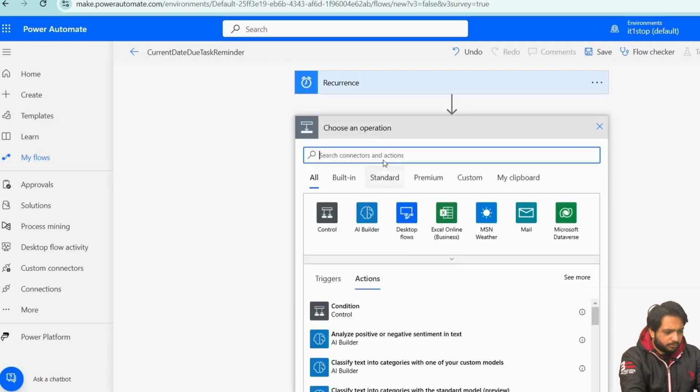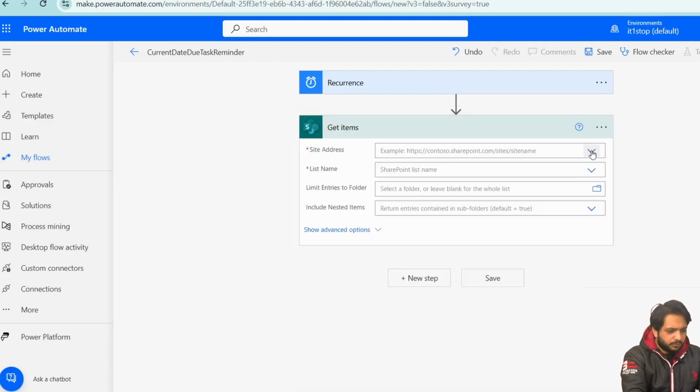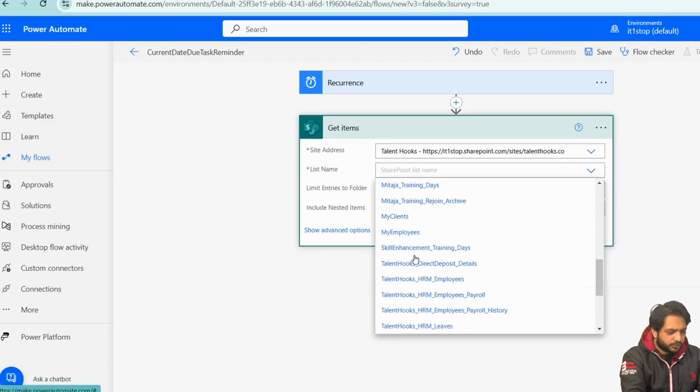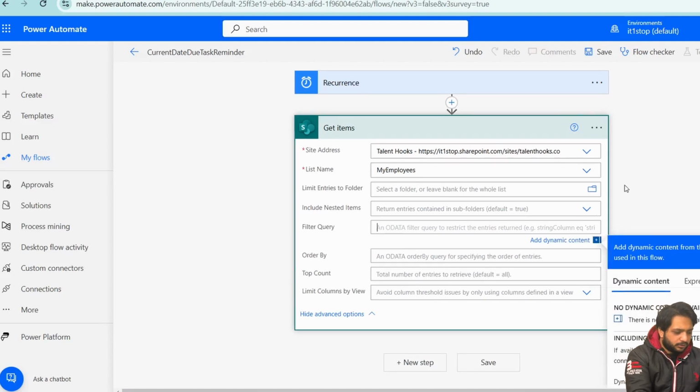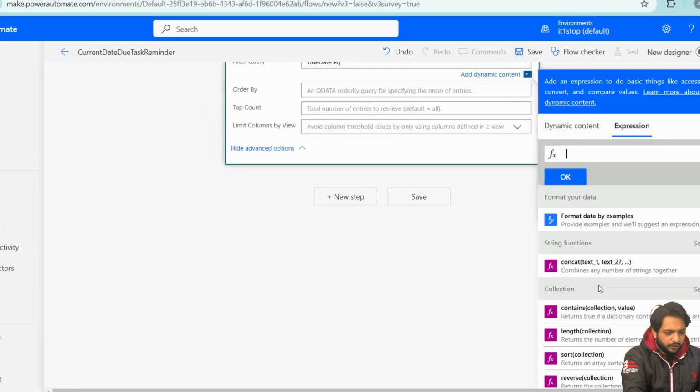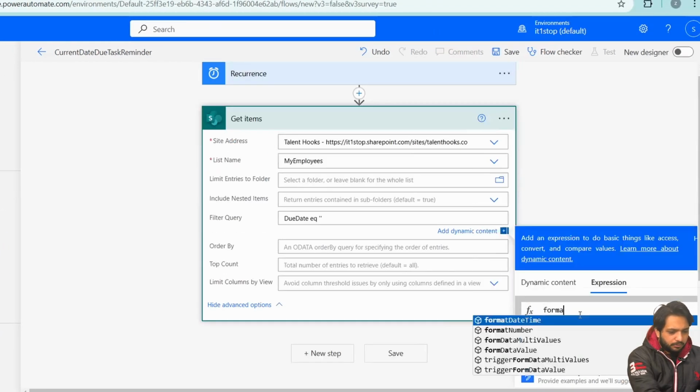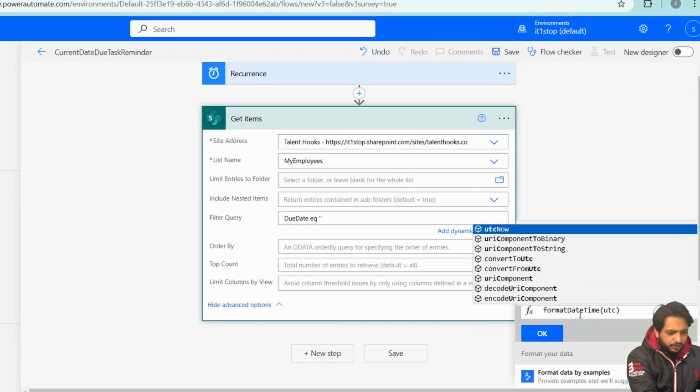Now I will select my get items. In my get items, I will select my SharePoint site. Then I will select my SharePoint list, which is my employees. But now I want to filter the items here by the due date is equal to single quotes, which will be the current date. So I will select here format date time, and I will select the current date, which is